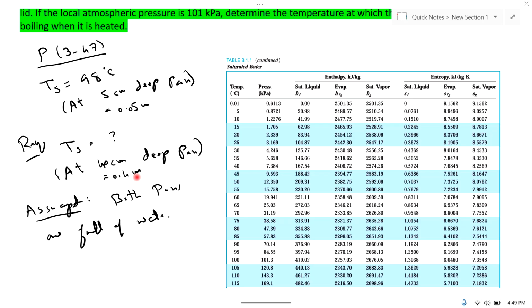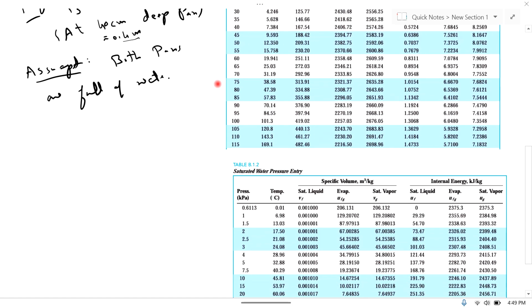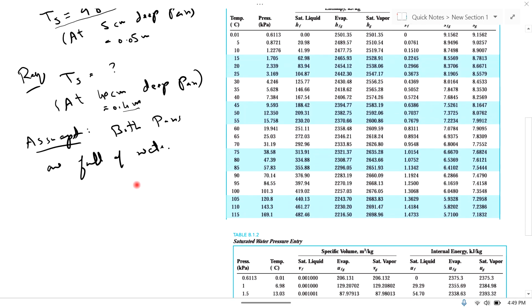First I find the saturation pressure at this temperature. Then I find the change in pressure between the two pans, and from that I can easily find the saturation pressure at the 0.4 meter deep pan, and then from the saturation pressure I will find the saturation temperature. So first I find the saturation pressure